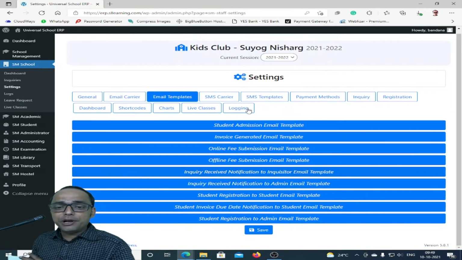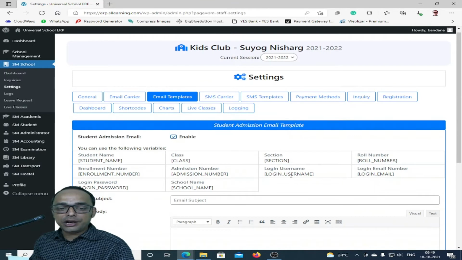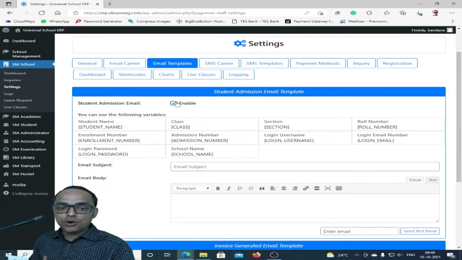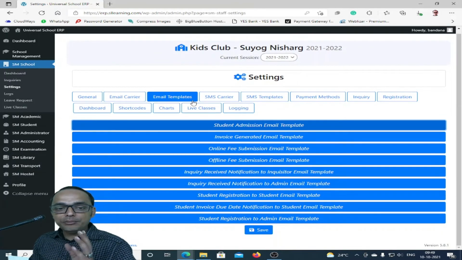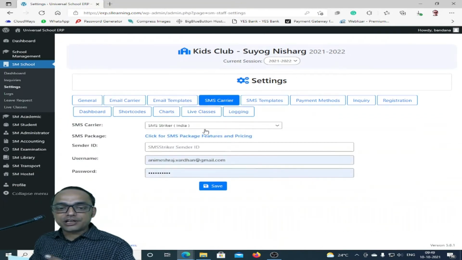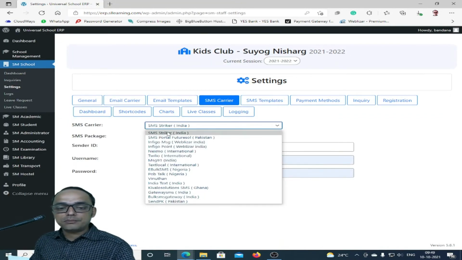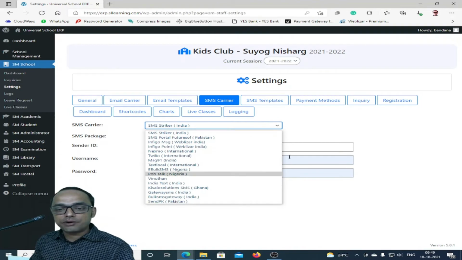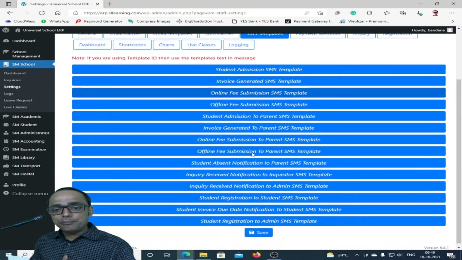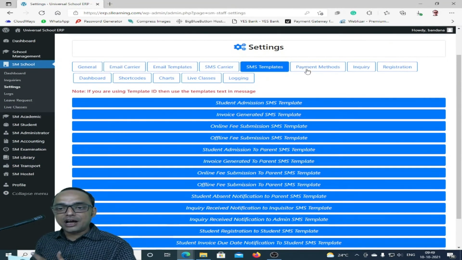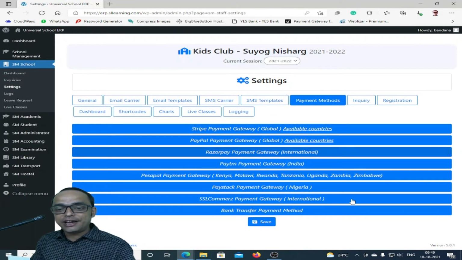All email templates have already been designed. You just need to tweak in your information and enable it, and you are all set. SMS carrier we have given, whatever all prominent SMS service providers we have listed. SMS templates are already designed and done. Payment method is already designed and done.